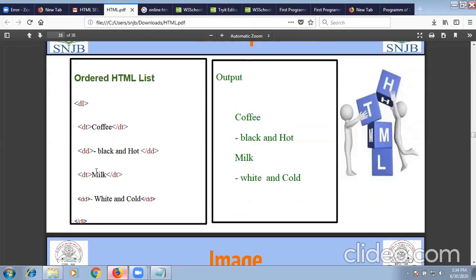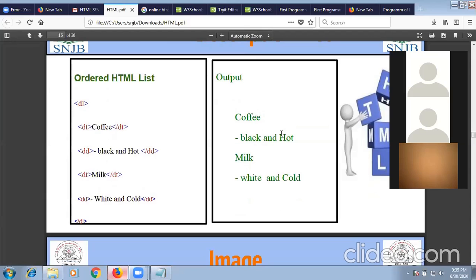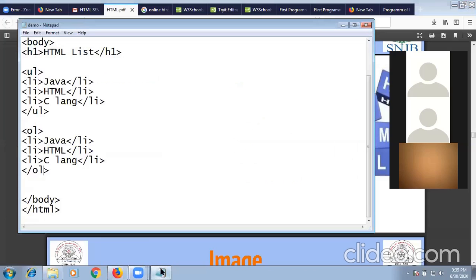Similarly, my main content is milk, so I will use the DT tag, and I want its description, so I will use the DD tag. You will get the output like this: coffee as the main content, then its description, then the main content milk, and its description. Okay, same file I'm going to change.